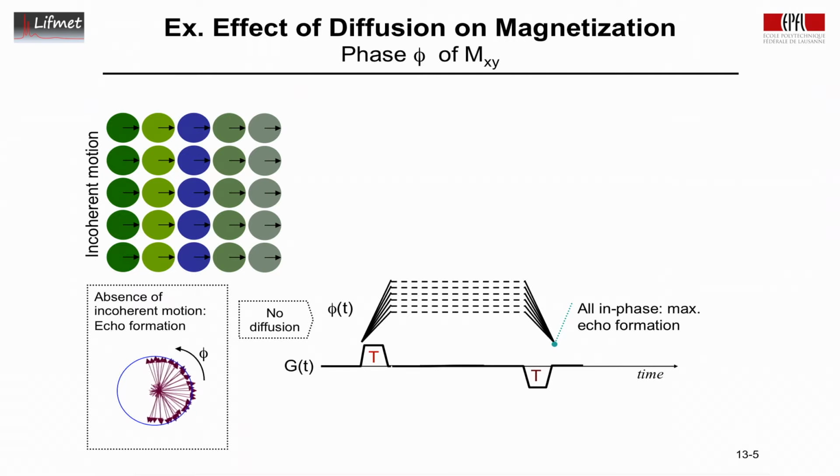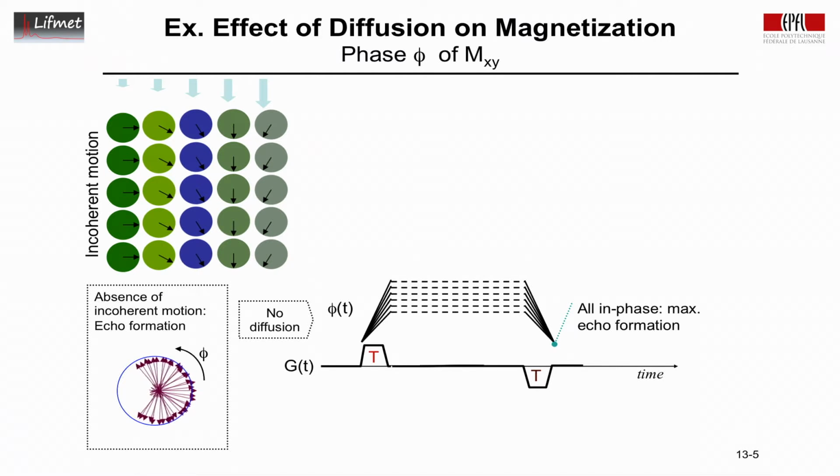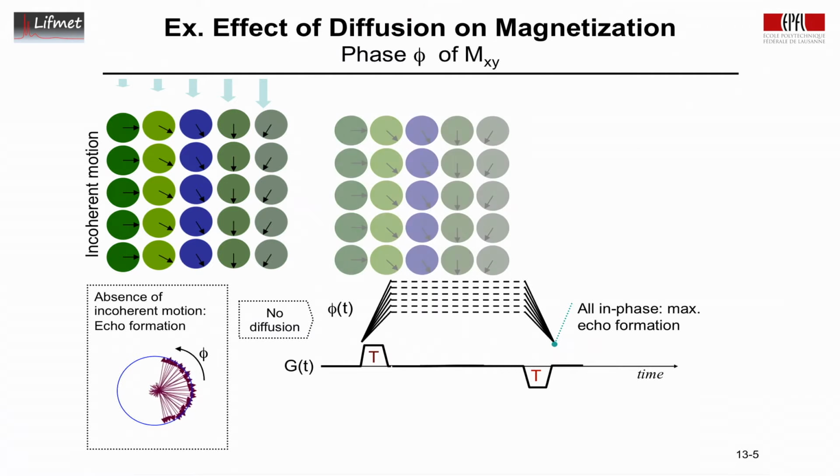And here I'll plot a matrix of 5 by 5 voxels. We apply a gradient in the horizontal direction. So now according to their position, they are undergoing a differential phase. This is during the first gradient. And now during the period between the gradients, and here we'll assume these gradients are very small in duration. This period is very long by comparison, and again, this is relatively short. So now we have no gradient during the time between the gradients,